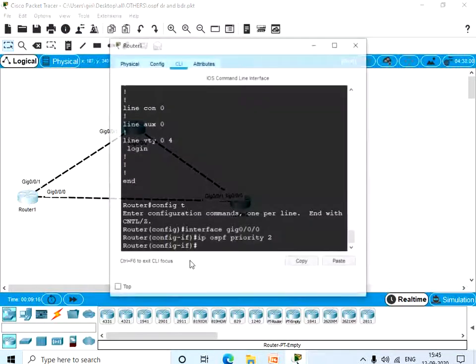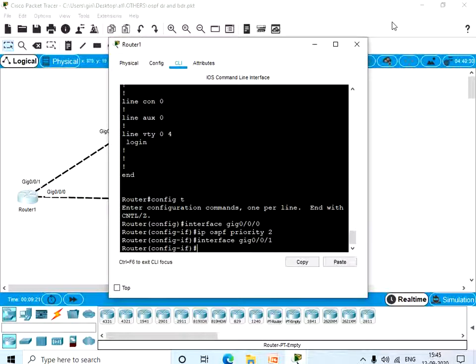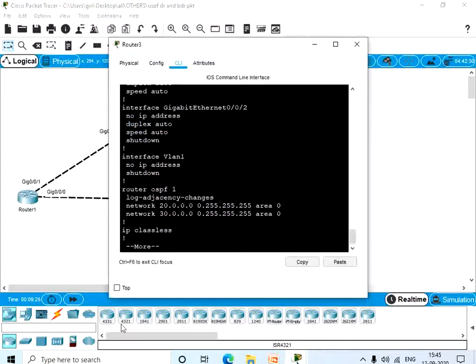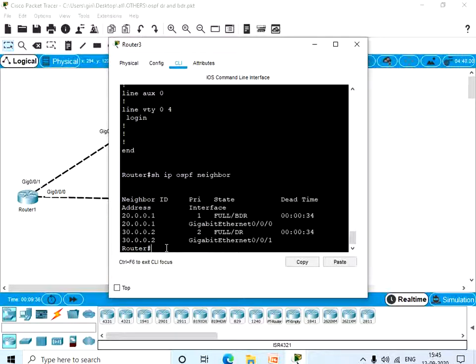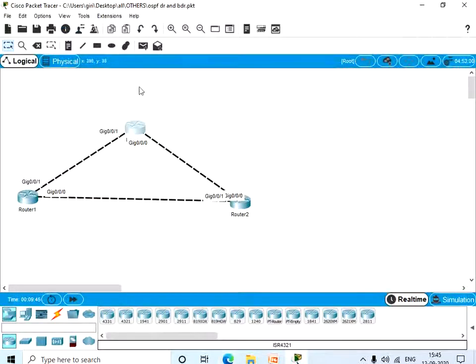So now let's change gigabit 0/0/1 also to priority 2. Now let's go to router 3 and give show ip ospf neighbor. So here 30.0.0.2, the IP address of router 1, has a priority of 2.